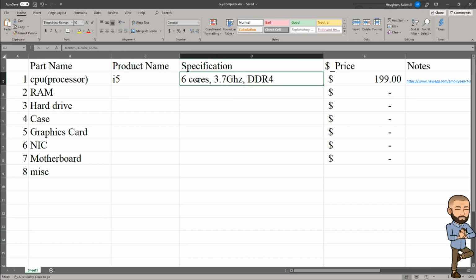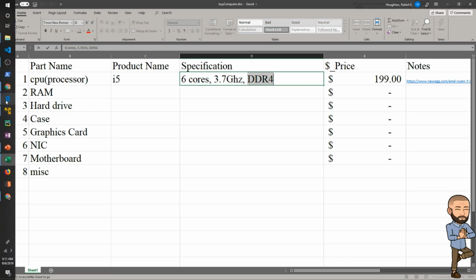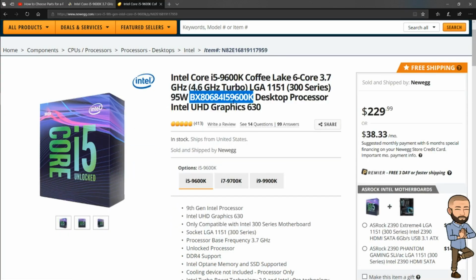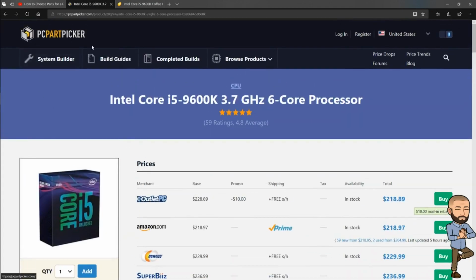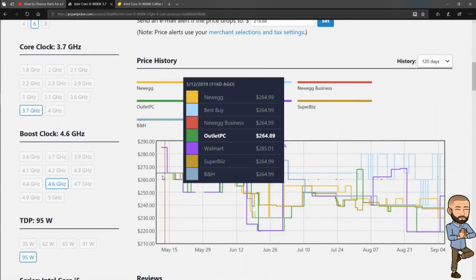I changed the number of cores, adjusted the gigahertz, and I need to check DDR4. That's how I ended up back on Newegg. Because the tough thing is, though PC Part Picker is nice, it provides us this compatibility check,